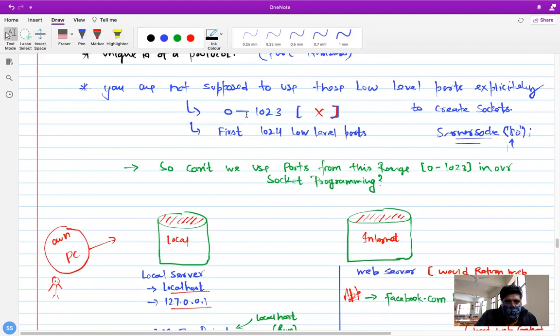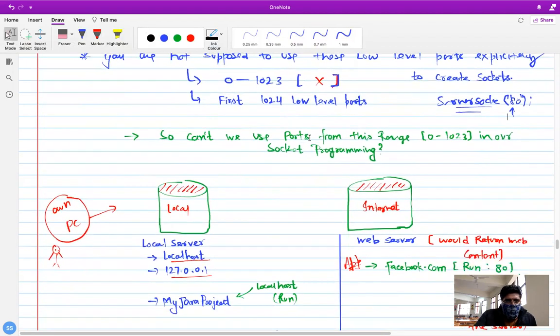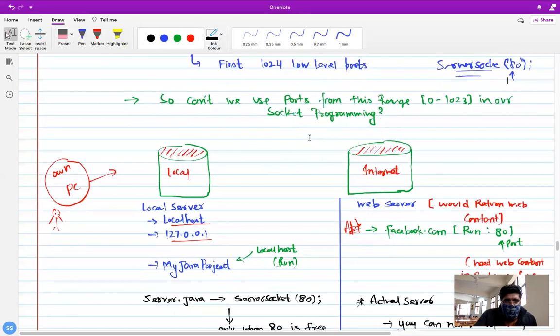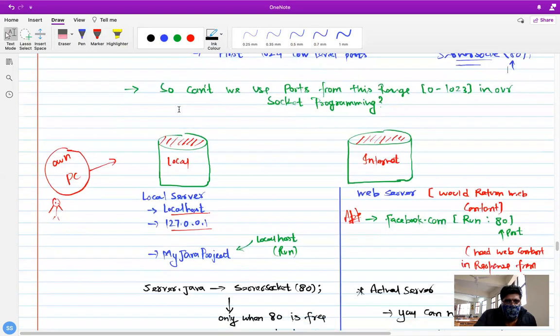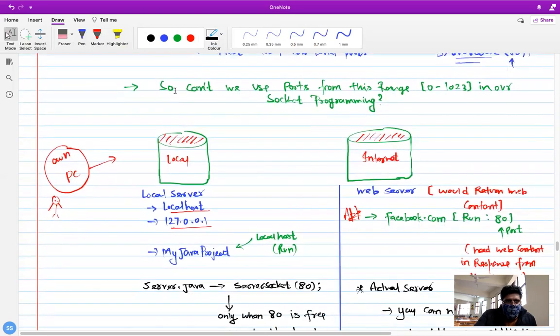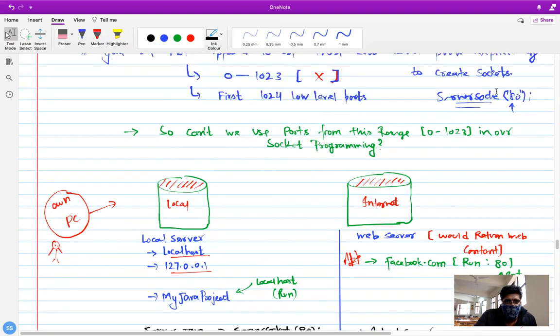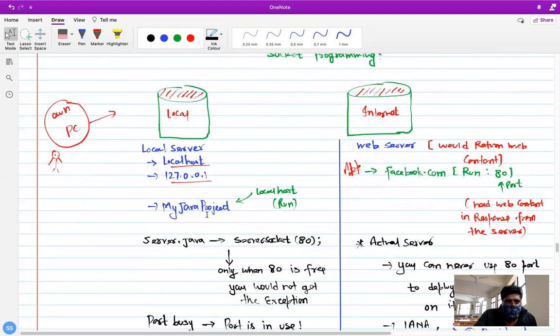Up to 1023, you are not supposed to use these low level ports explicitly. The first 1024 are low level port numbers, so we are not supposed to use them, and we will see why. So the question is, can we not use a port from this range in our socket programming? Let's understand through an example.